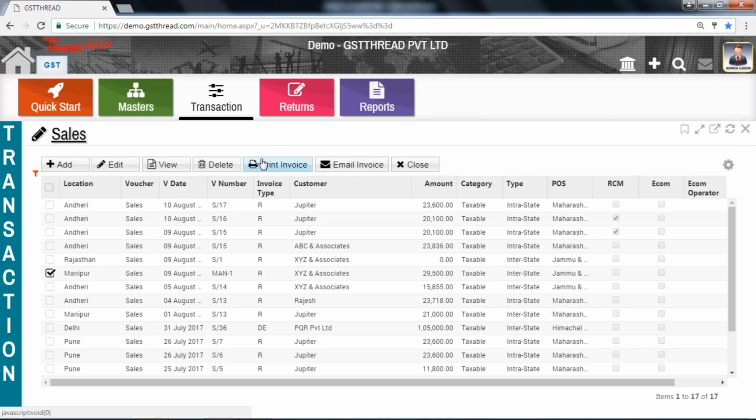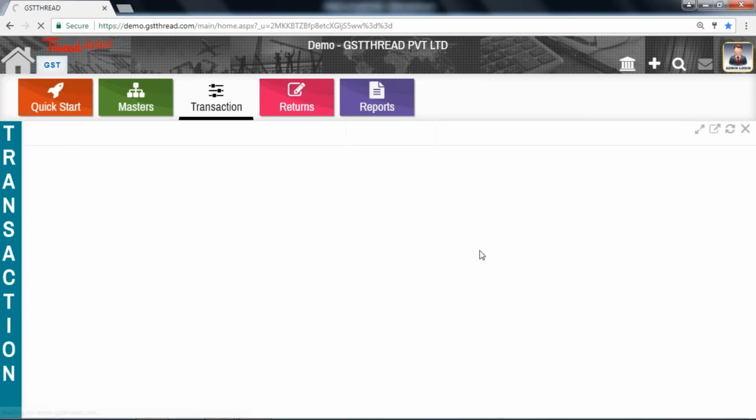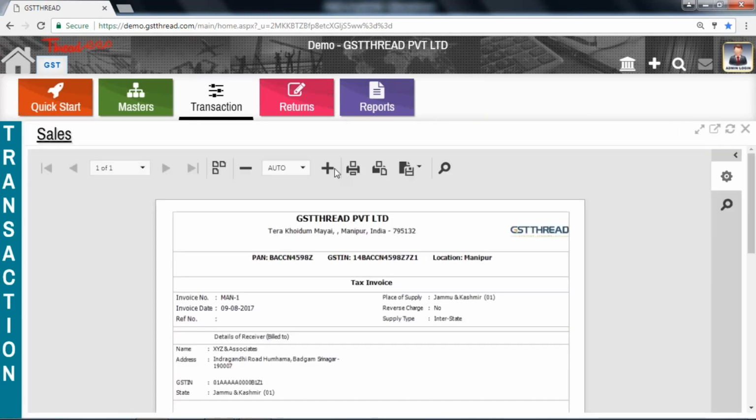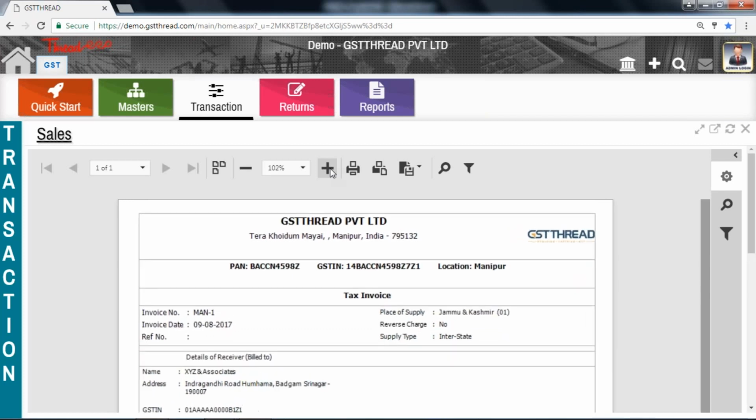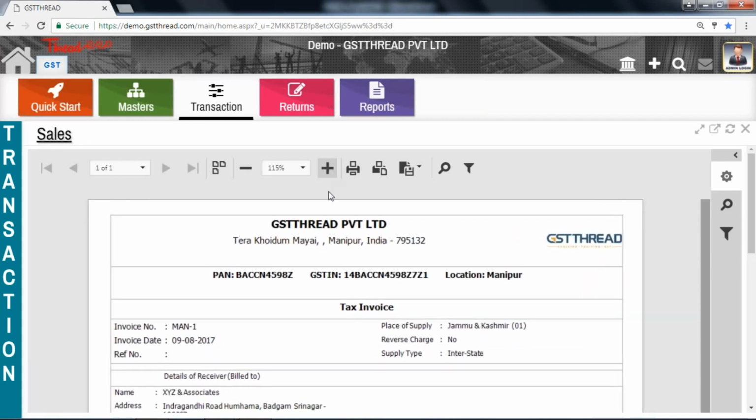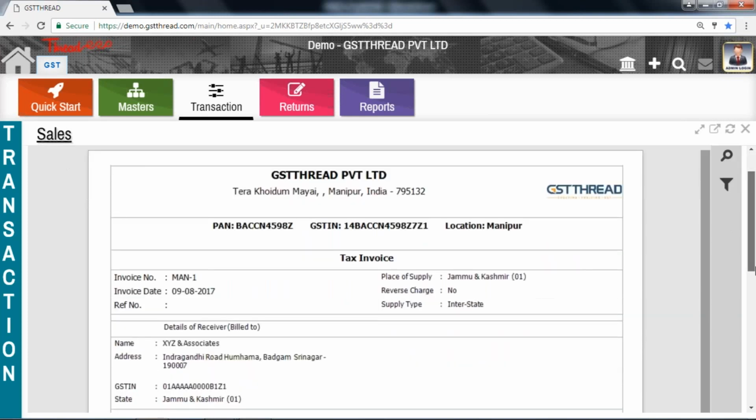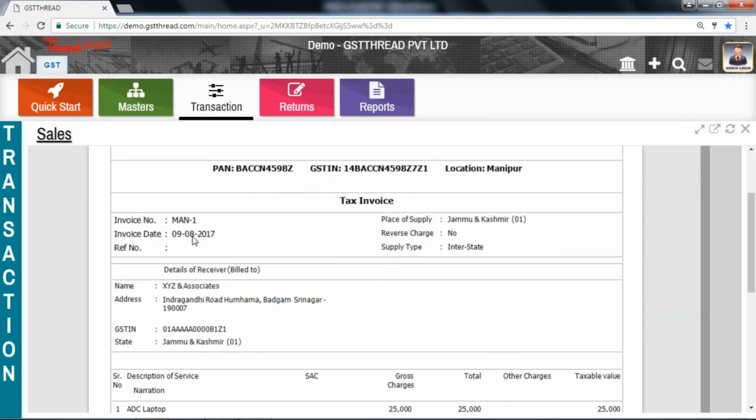Now we'll print the invoice. You can zoom in the invoice. First is the company's name, the company's address, company logo, PAN number, GSTIN number, location, the invoice number, invoice date, reference number, which can be used if you are having any PO number, place of supply, whether it is a reverse charge transaction or not, it is no, supply type, details of the receiver,